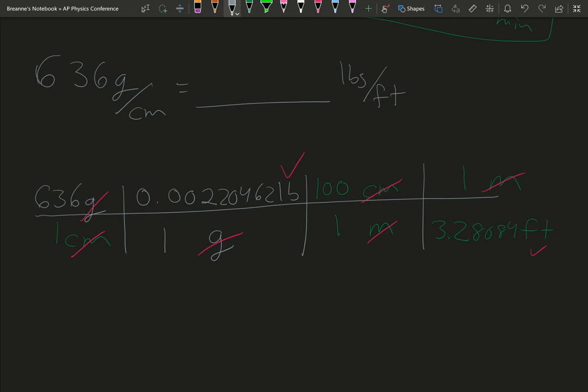There we go, come on. So again, we just multiply across the top, so we get 636 times 0.002204621 times 100. Oops, nope. Let's try that again. Times 100. I did times 10 instead of times 100. That's not good. So you get